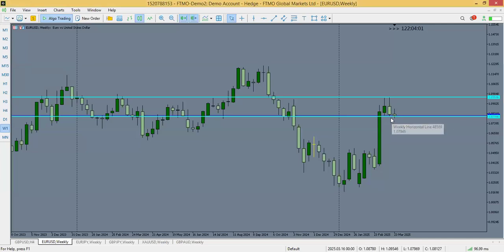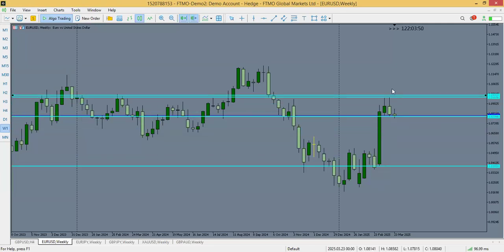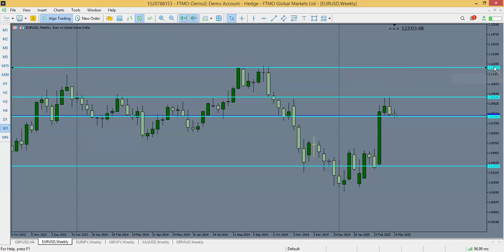Okay, so if it continues going down, where will it go to? It could probably come all the way to these lows here, possibly. And then if it's going to go to the highs, this will be a nice target up here, the 1.11, or let's say 1.12. Okay. So let's look at